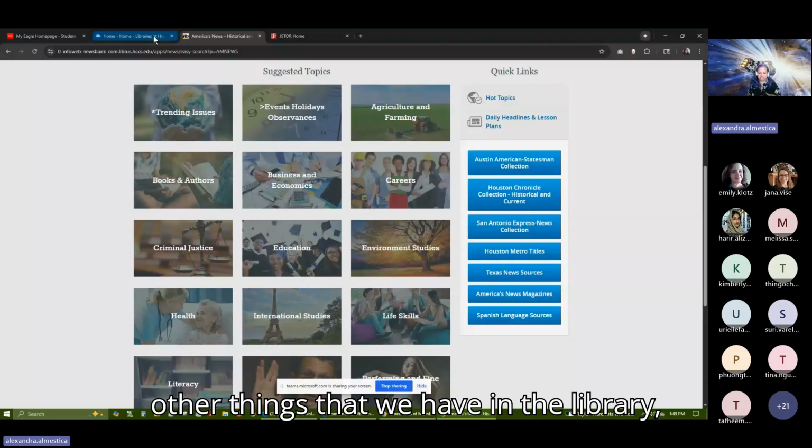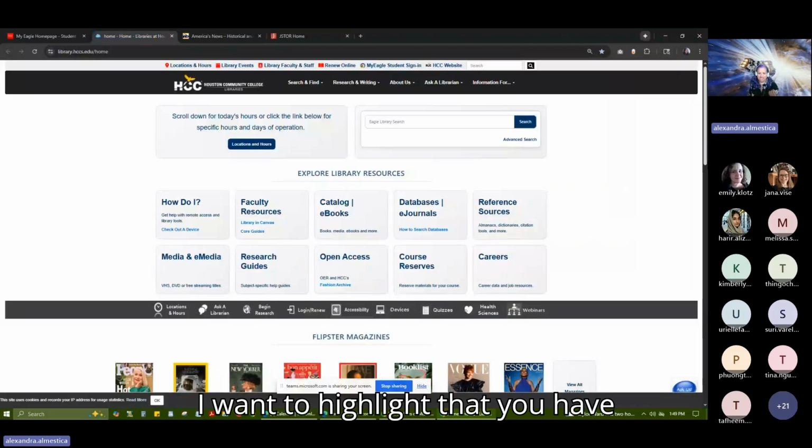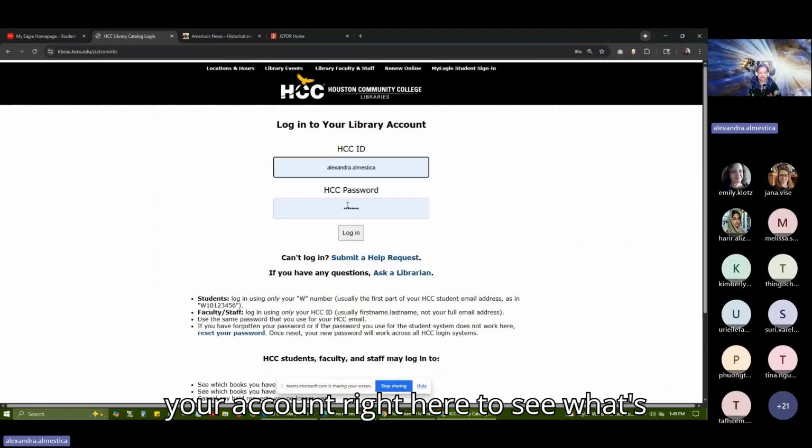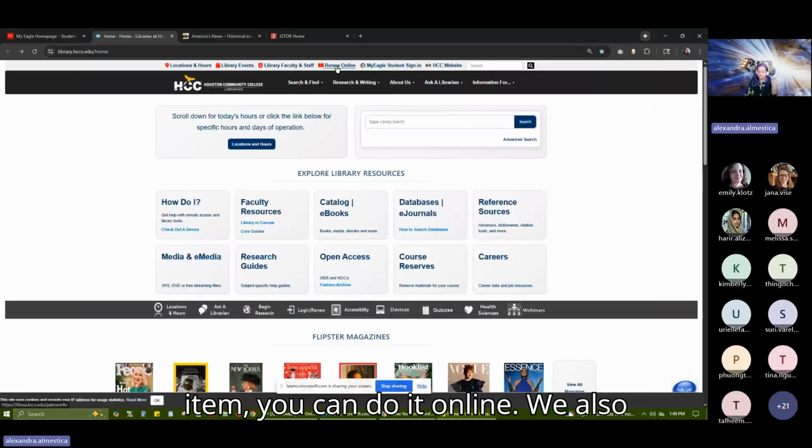In regards to other things that we have in the library, I want to highlight that you have an account, right? And when you borrow sources from the library, you can access your account right here to see what's checked out. Or if you want to renew an item, you can do it online. We also have